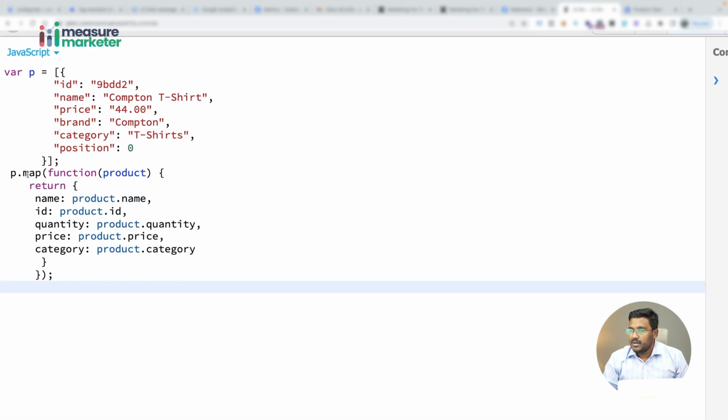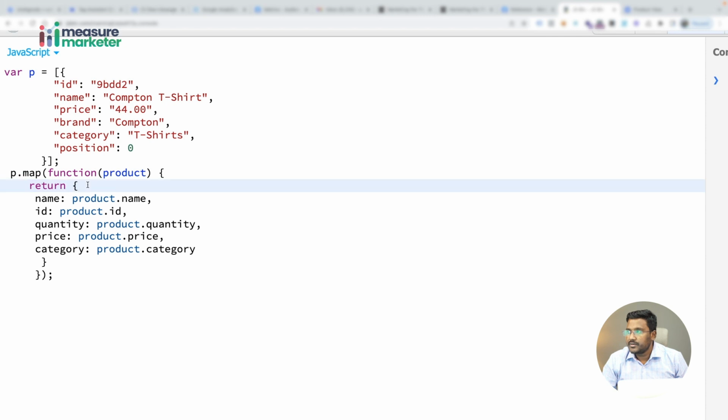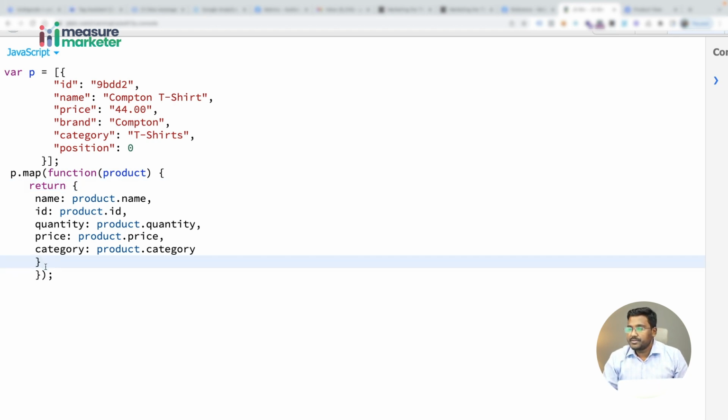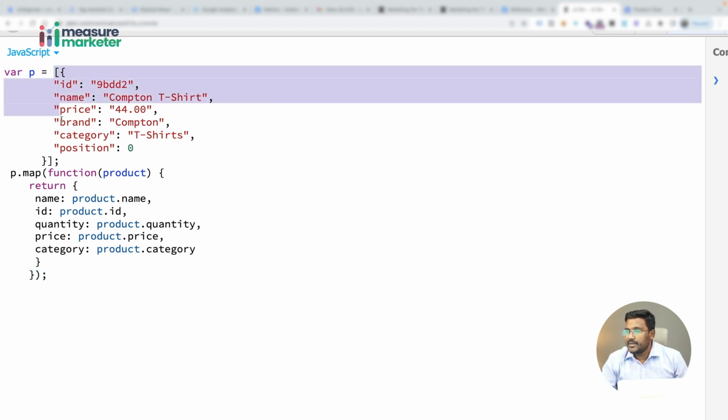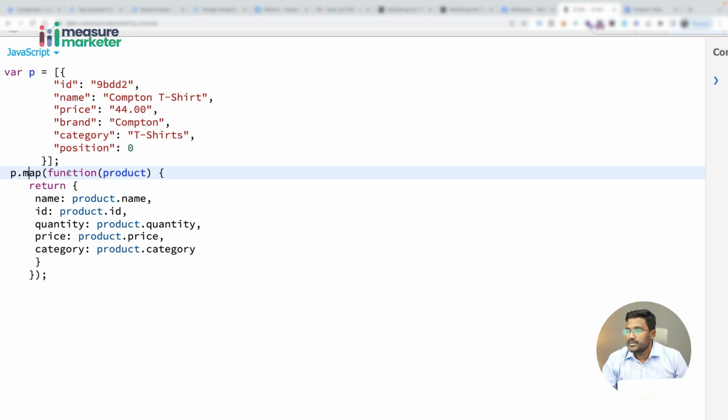One second, I'm going to show how this works. Return product name. So they need to understand a bit of JavaScript. This is the array object. So I'm trying to write that array function. The first item is becoming the product. I'm giving it as an argument, and I'm trying to return